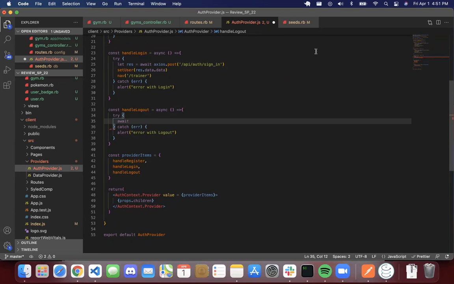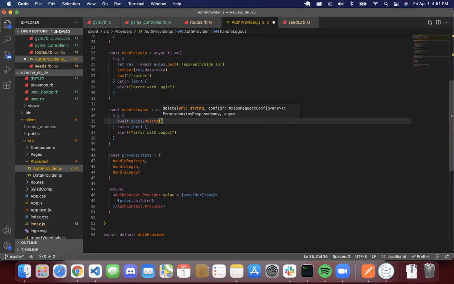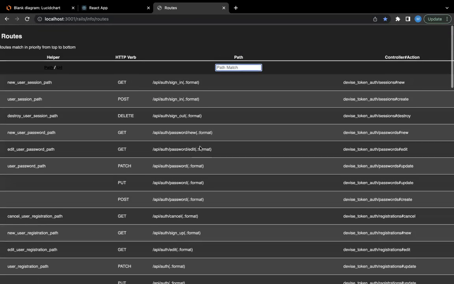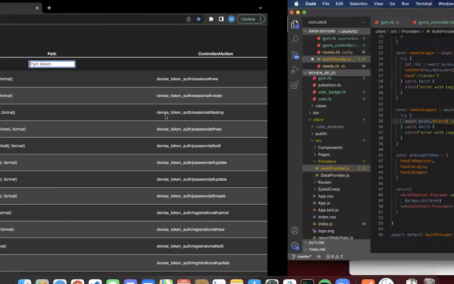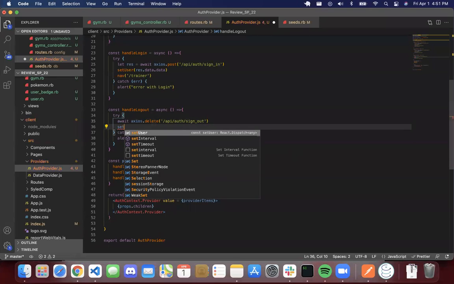So we're just gonna do an await, and then this is gonna be an axios.delete, and then /API/auth/signout, which if we look here, that's this one. Yeah. So then that's that. We're gonna set user back to null,